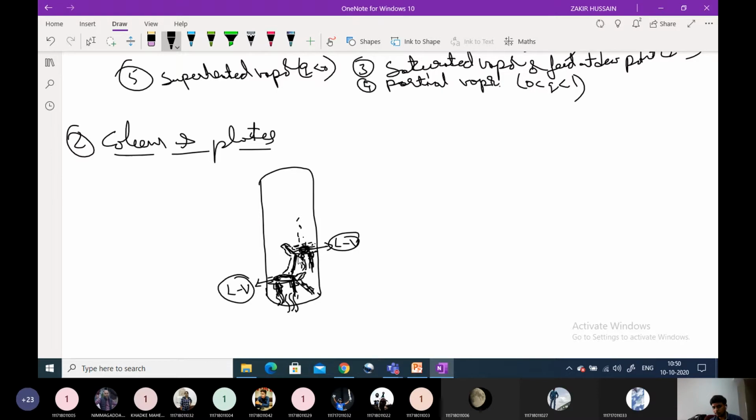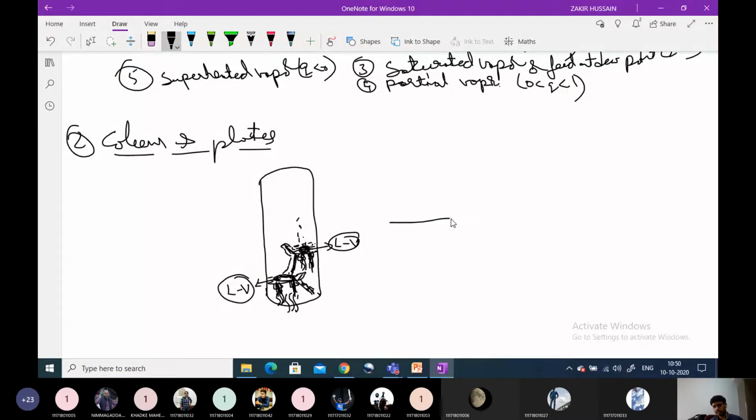But before that, the perforations will be there. The role of these perforations is to let the vapors rise. The vapor flow rate will be sufficient to hold the liquid on the plate, so that interface mass transfer can take place on the plate itself. So the column efficiency will also depend on the tray, and in turn on these perforation holes and the perforation diameter.